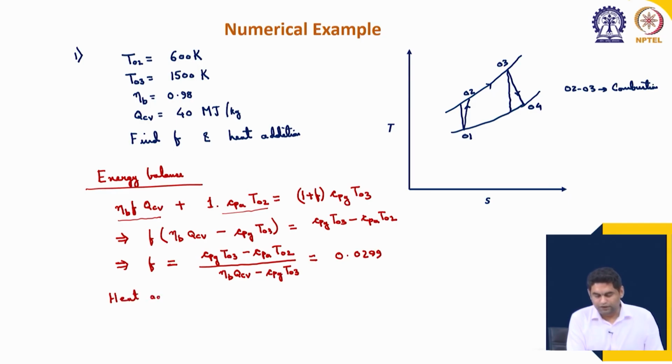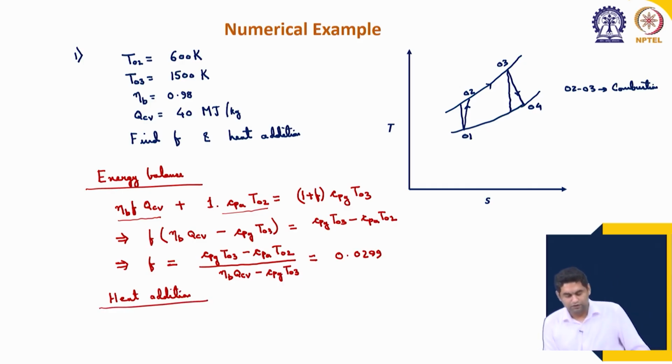Here we should note that the overall mass flow rate is not given. So, any calculation has to be per unit mass flow rate of air. So, per unit mass flow rate of air, heat addition Q in is equal to, we can directly either calculate from the calorific value F and eta B, or we can calculate from the temperature change, and you can compare both of these. I will just take one of the approaches, I will use 1 plus F